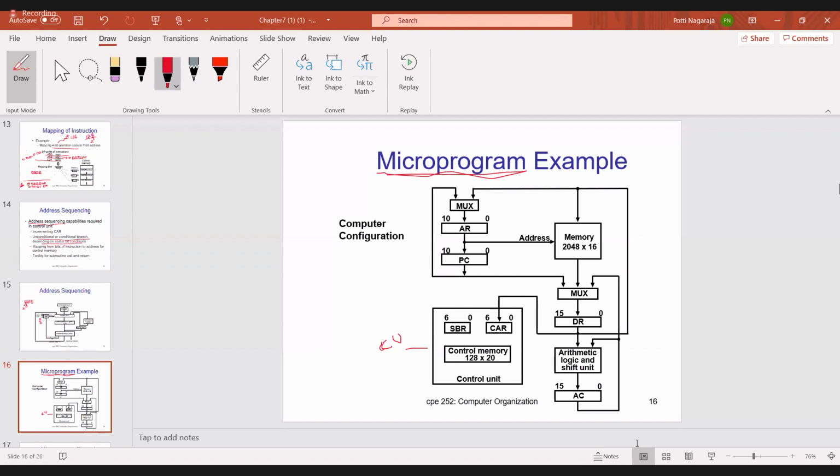Okay. Then anyone for accumulator, from where will it get? Can anyone check? Accumulator, it is getting the information from which registers? Check the diagram and tell me. Accumulator getting the information from which registers? Anyone?